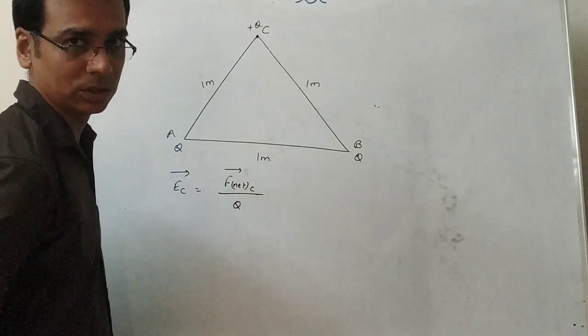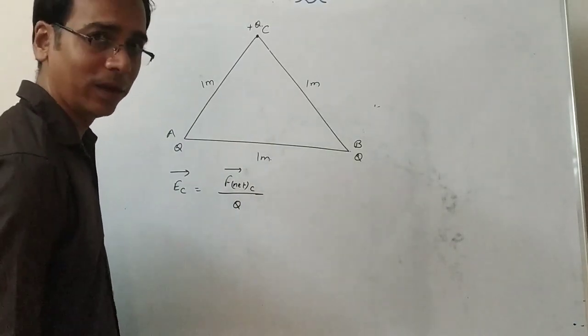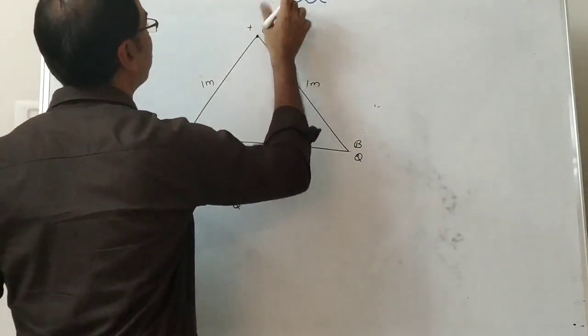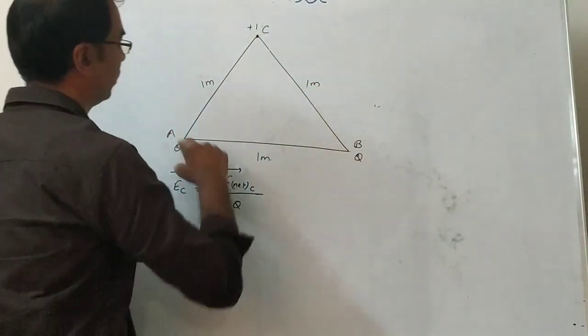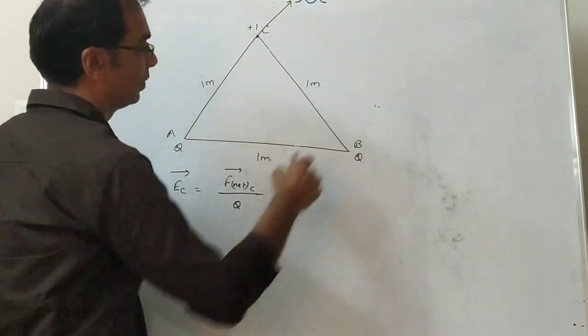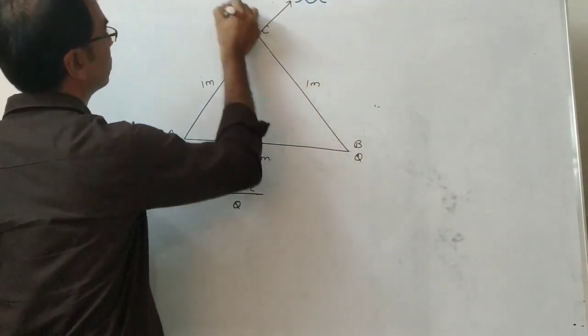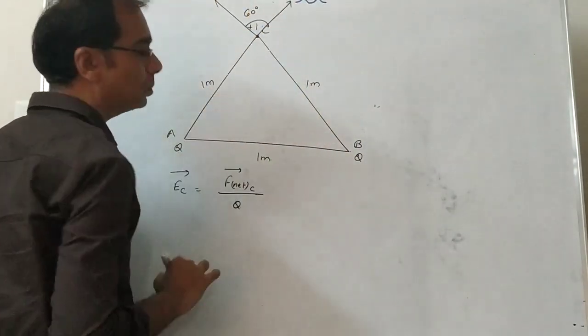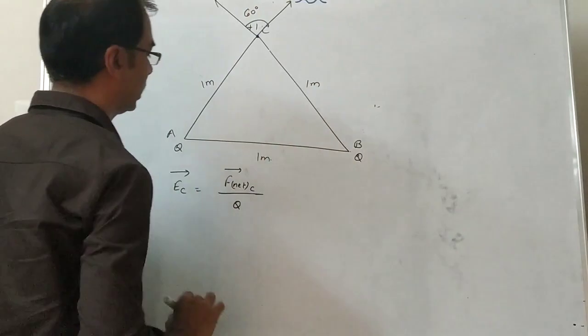Force per unit charge. But suppose we want to find it over here. Then what do you do? Put here plus 1, and find the force due to this. It will come in this direction. Find the force due to this. It will come in this direction. Angle between them, 60 degrees. Right? And we can find its magnitude. What is going to come?